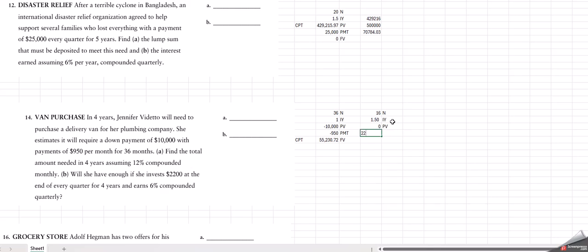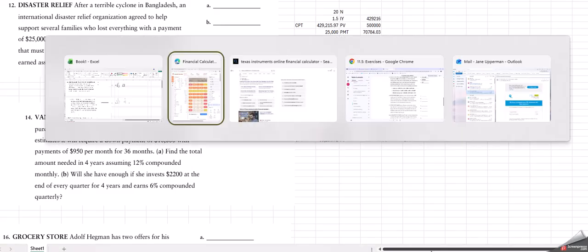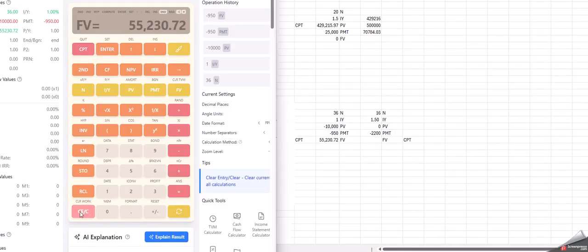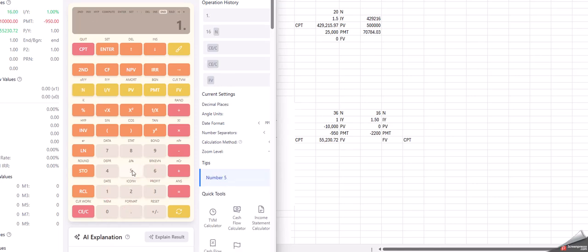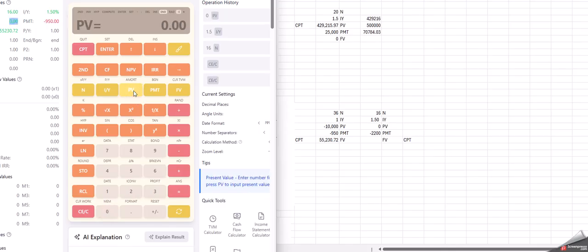But she is saving $2,200, and I'll make that negative as our payment. And then we are computing the future value. Okay, so we'll come back to our calculator. 16 is our N, 1.5 is the IY, no present value,